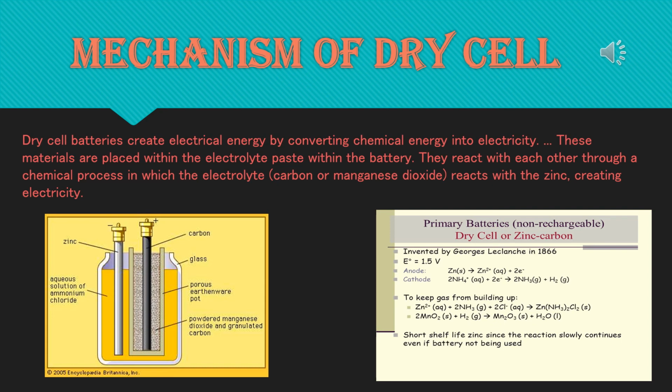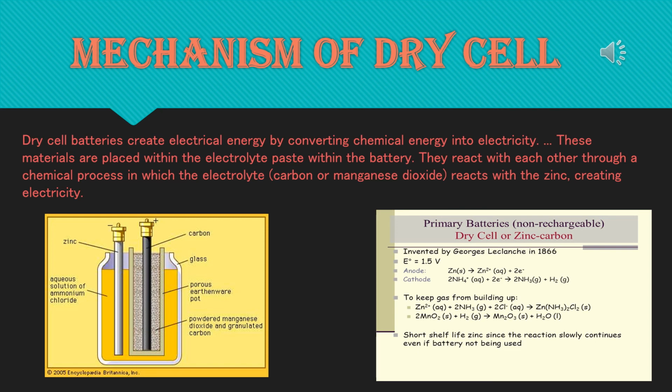Or else you can write the reaction from your book. Polarization is removed as hydrogen reacting with MnO2 produces water. In the cell, due to this chemical reaction, carbon rod and zinc become respectively positive and negative poles. In this cell, zinc is gradually eaten away and ultimately the cell becomes useless. This may be noted that a dry cell is not completely dry, a little water is present in the paste. But if you touch the dry cell from outside, it looks dry, that's why it is called dry cell.